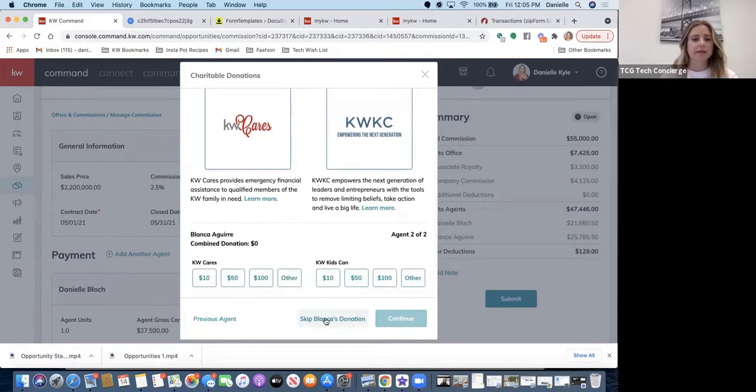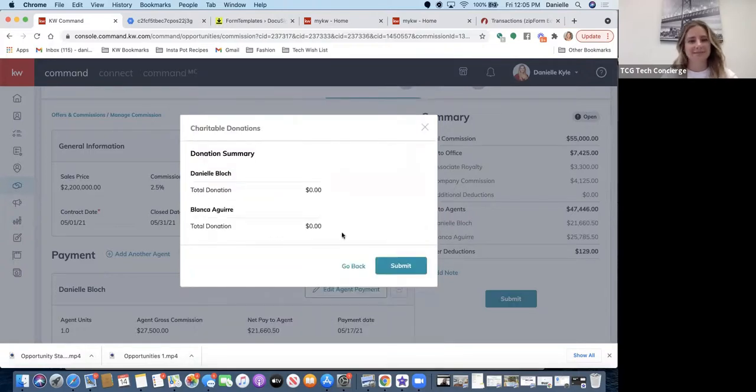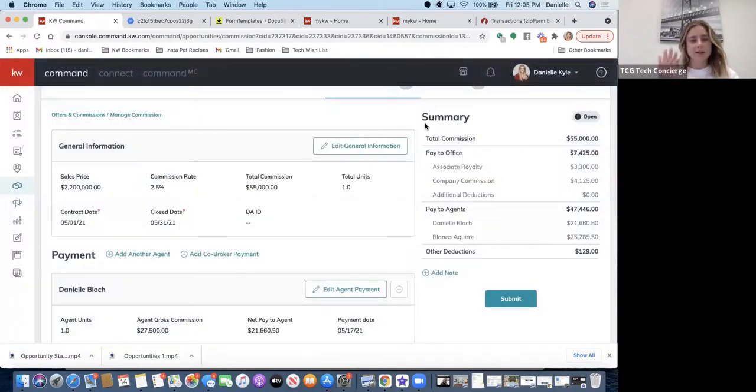Skip Danielle's donation if you want to skip. Skip Blanca's donation, and then you can submit. All right, so that is how to do a transaction in